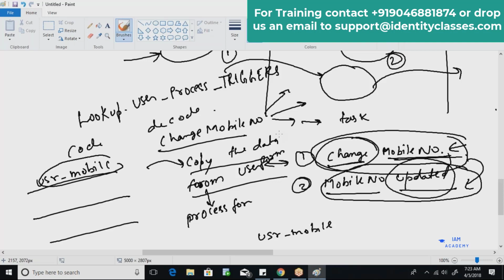Another thing, Amit, whenever we say a code value, it refers to the OIM value, right? And a decode value is always the target system value. Now the things may change when we reconcile the data. We'll go into details of all those things later. Up to this part is clear. Then let's go into the next part.